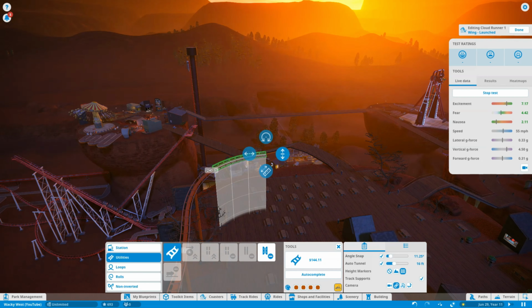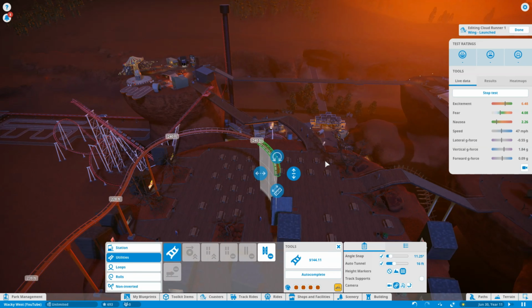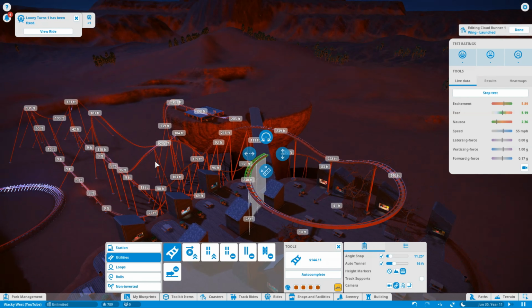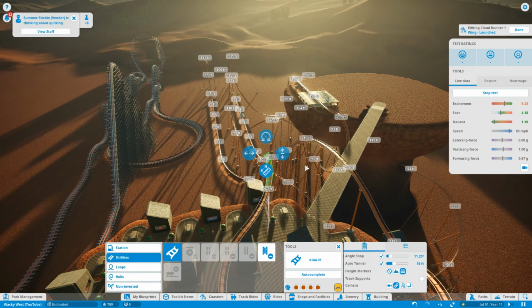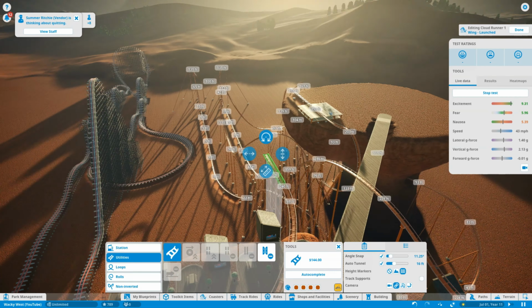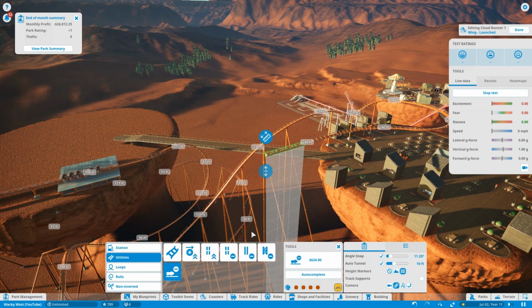Yeah. Ooh, track supports. How about we turn those off? Because that's gonna be really weird if it tries to make track supports. Maybe curve back this way, like this, like that, and then we curve back around, like that. I think that could work. Yeah, there we go. And then, up here, we build another block section. Let's see if that actually makes it, though. Oh yeah, it does. That makes it with a lot of speed left. We'll be good. So block section,